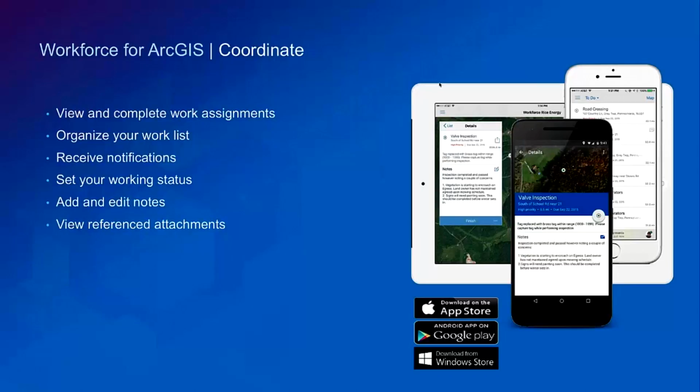The Workforce mobile application has the ability for you to go through this life cycle of completing a work assignment. So the work that gets assigned to you, you can change to an in-progress state, add and edit notes about the work that's being done, and then also there's an ability for the person who's dispatching that work to you to attach reference documents or photos.